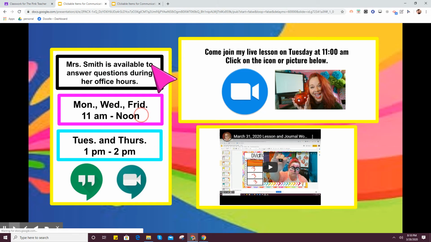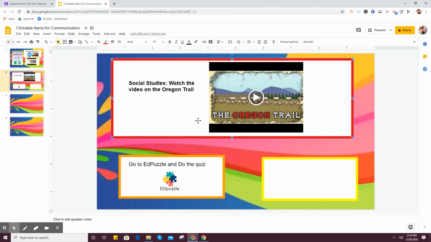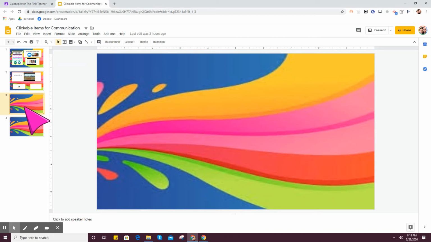Now they cannot click on anything that's here. When they click, all it's going to do is take them to the next slide or whatever link you have there. Okay, so I'm going to close this out because I want you to see that if I go in here and add or subtract anything from my part, it automatically changes it in the link for the kids. So let's say I go to the third slide and I want to